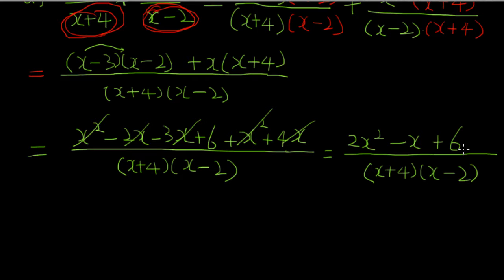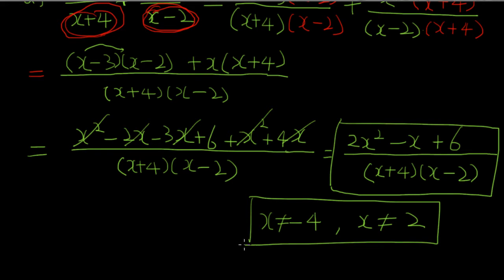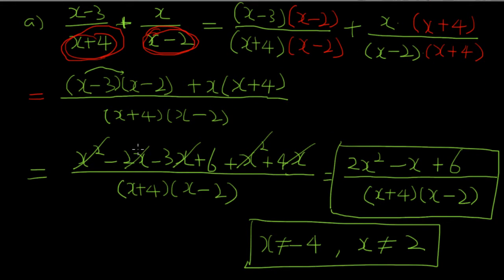Okay. So as you can see, this would be our final answer, and we also should have x cannot be equal to negative 4, x cannot be equal to 2, right? From any one of those denominators, we need to have this as well, because we don't want the denominator to go to 0. All right,